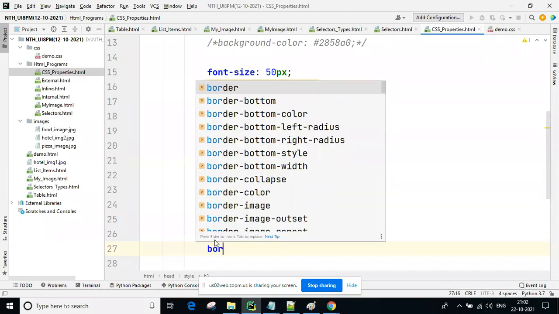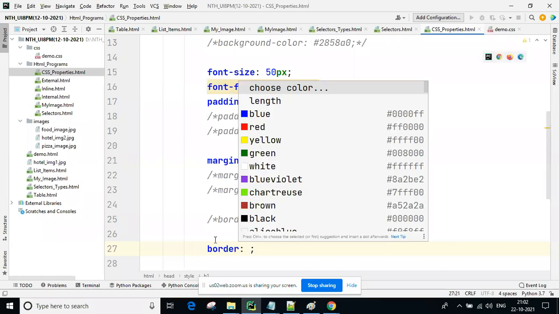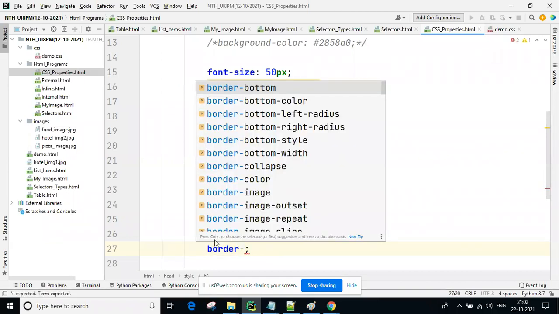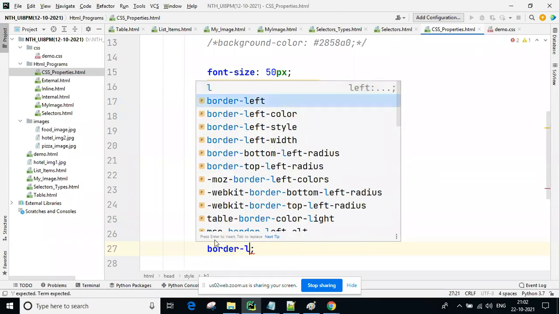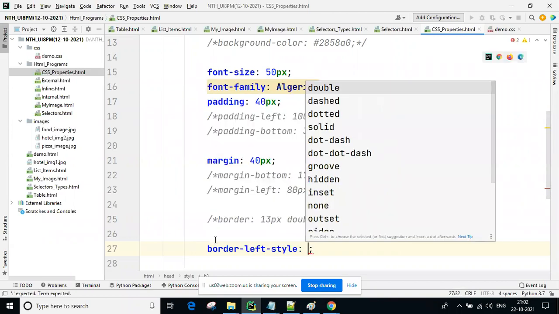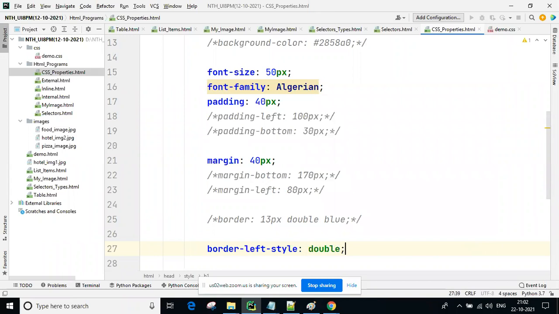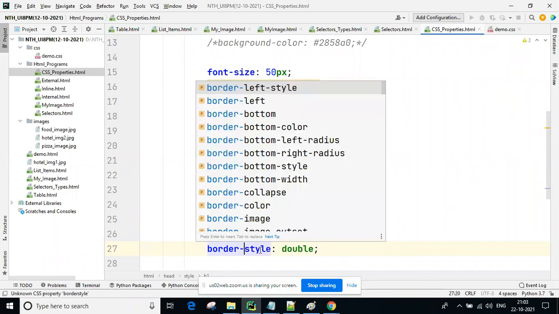So see here, border, guys. Border left style, you can take it. A double line I want. Or else simply you can take border style double.